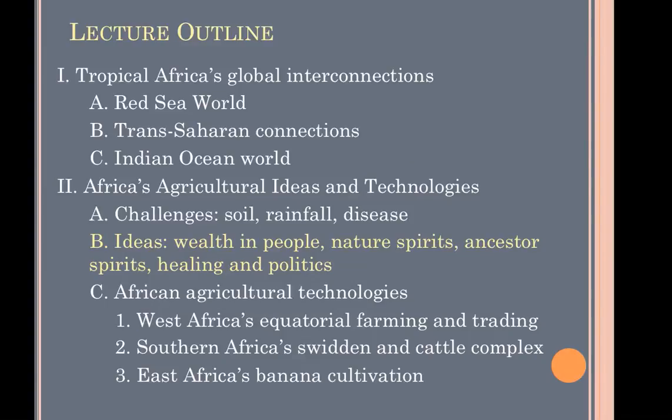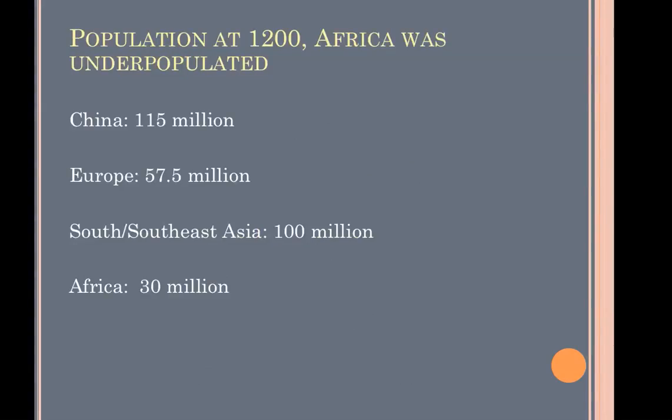So how did these general growing conditions affect Africans' ideas of nature? And this, we're talking very broadly across the continent, so it's impossible to use just one idea for, in some cases, thousands of different ethnic groups, but remarkably, there are a few concepts that we see widely across the continent. And we're talking about a period around 1200 to 1500. To begin with, when you look at this distribution of population, it's very clear Africa was underpopulated in this period. Now that means, unlike Europe and unlike Asia, land is not scarce. It's not overly populated in Africa.